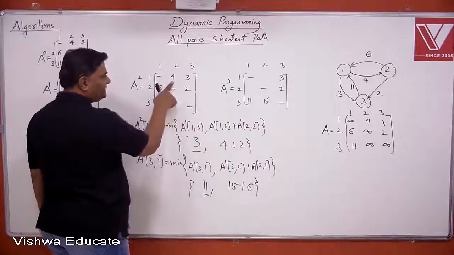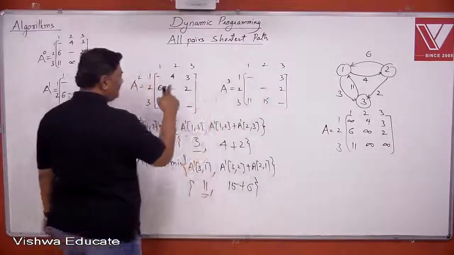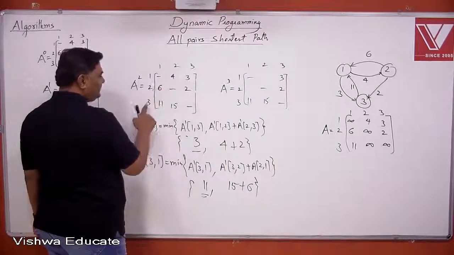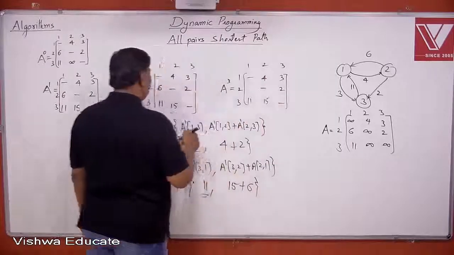4. This is 4, right? 1 comma 2, 4. So in between I have to take 3. 1 to 3, then 3 to 2. So this will be 18. So 4 is better. Then